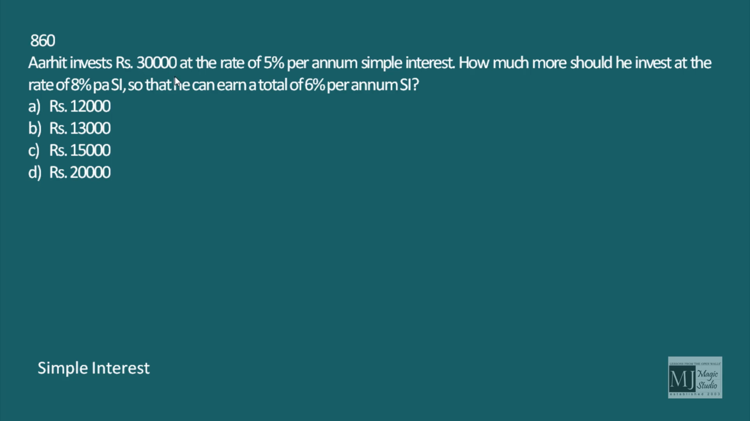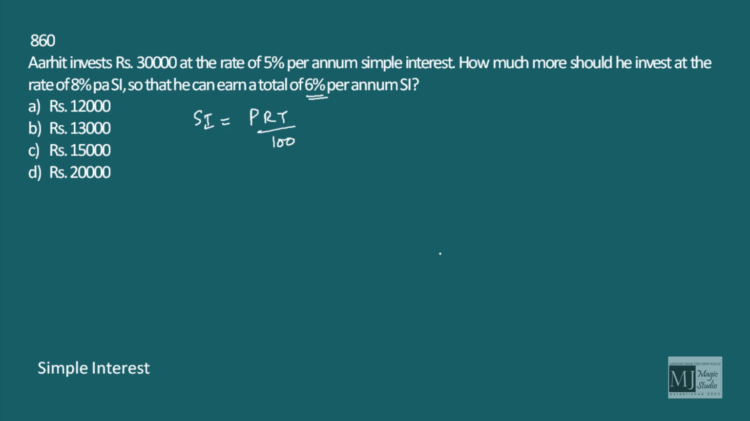Arhit invests rupees 30,000 at a rate of 5% per annum simple interest. We know the formula to calculate simple interest, that is PRT by 100. How much more should he invest at the rate of 8% so that he can earn a total of 6%